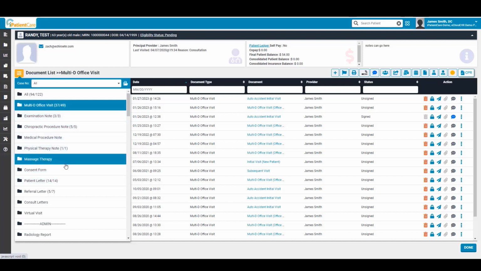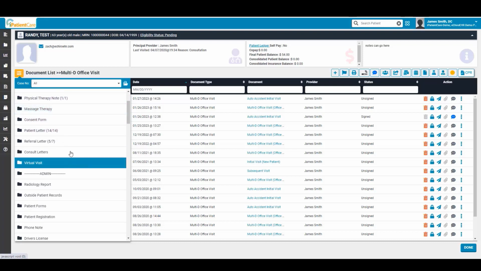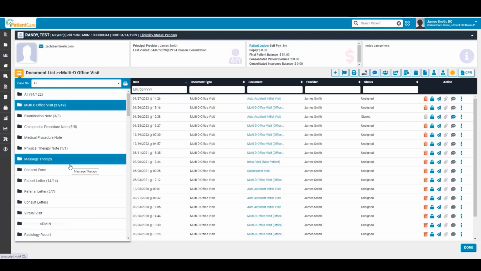In addition, this is where scanned files can be stored so that you have easy access to information within the patient's record. So we will go ahead and leave this as the multi-D office visit, and that has been